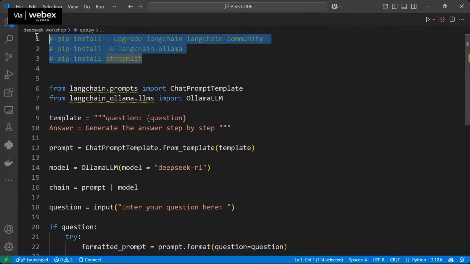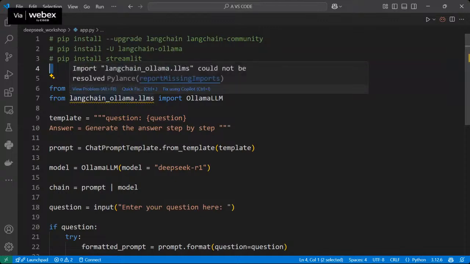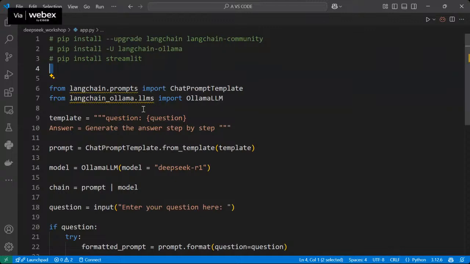Clear? So there are 3 libraries you have to install, guys. The first one, pip install upgrade langchain community, the LangChain framework; pip install langchain-ollama, which is integrated with LangChain; and pip install streamlit. So we install the 3 libraries. And I already shared this. Maybe you will do it later, no problem, guys.